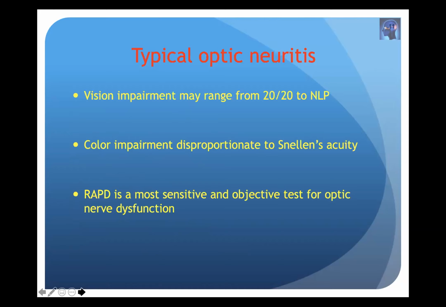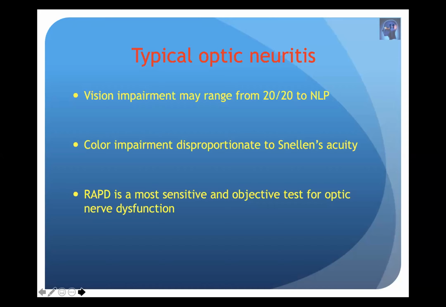Vision impairment in typical optic neuritis may range from 20/20 to no light perception. 20/20 vision does not exclude the diagnosis of optic neuritis, because Snellen visual acuity is not the only way to assess optic nerve function. Color vision and contrast sensitivity speak volumes about optic nerve dysfunction. In the same breath, I would like to say no light perception is not a reason to withhold treatment in the